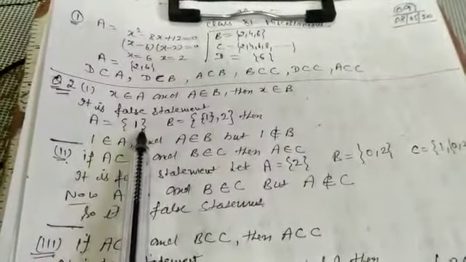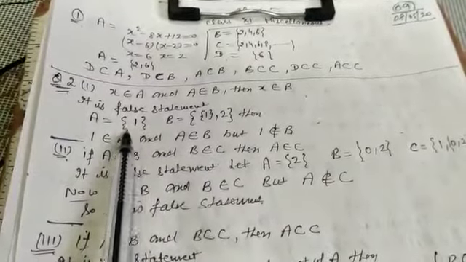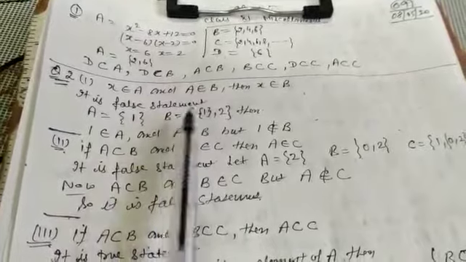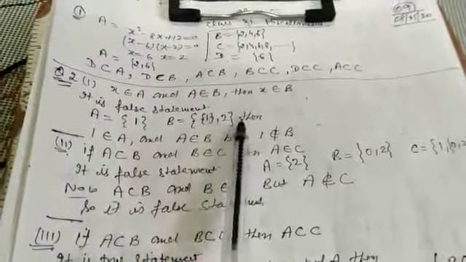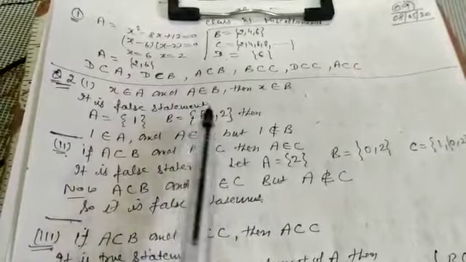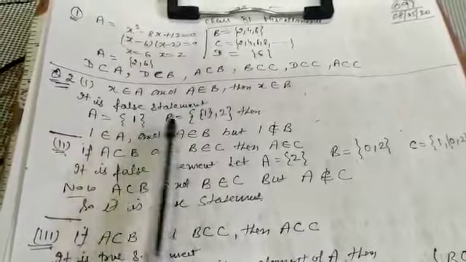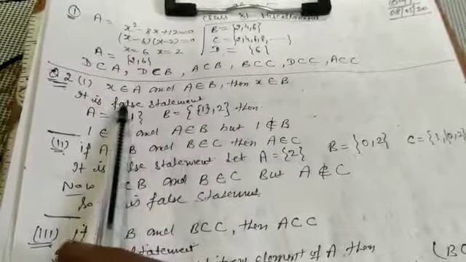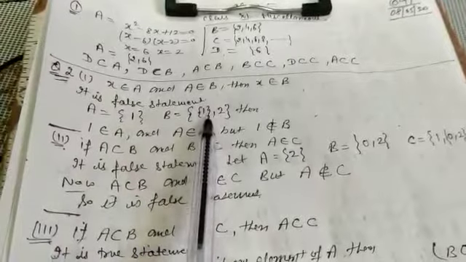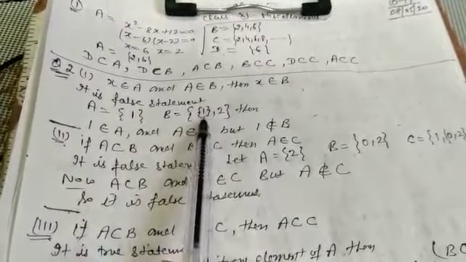A is equal to {1}, B is equal to {{1}, 2}. Remember, 1 is written in the form of braces. In case of B, 1 is written with the braces and one more extra element 2. Then 1 belongs to A. It is true. This A belongs to B because A lies as an element of B. So A also belongs to B because this complete set is one element of B.